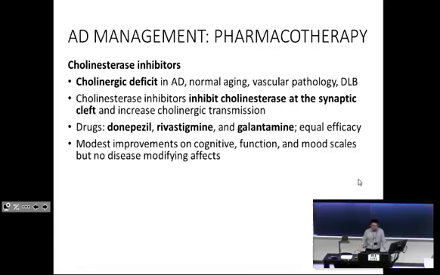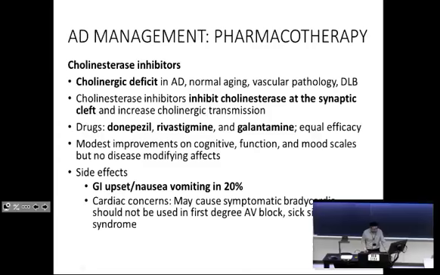So if people are very hesitant to go onto a quote-unquote chemical for their memory, I sometimes talk about the fact that galantamine is a phytoderivative. It has been processed and all the rest, but it makes it a little bit more palatable. The main side effects are GI upset, which can occur in up to 10 to 20% of people, and the reason is that it will accelerate your gut through effects on the parasympathetics.